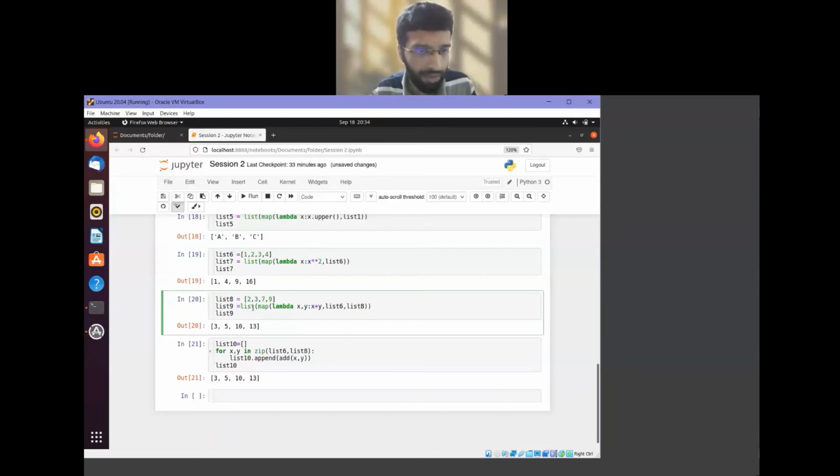Finally I am converting that to another list. When you print, we get the same output that we got with the add function, a named function. So if you can see, the same thing that we did with 3-4 lines of code, we were able to do with a single line of code with a lambda function.